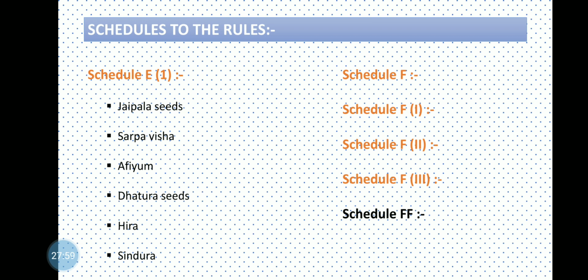The standards for all these preparations have been given in your schedule FF. What are the labeling requirements? Which preservatives are going to be used in the preparation of ophthalmic preparations? What should be the manner of labeling? What essentials should be specified on the label, etc. The standards related with your ophthalmic preparations are specified in schedule FF.